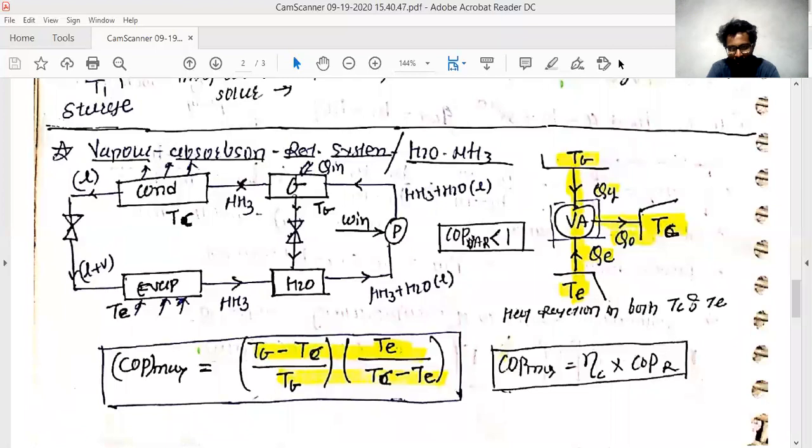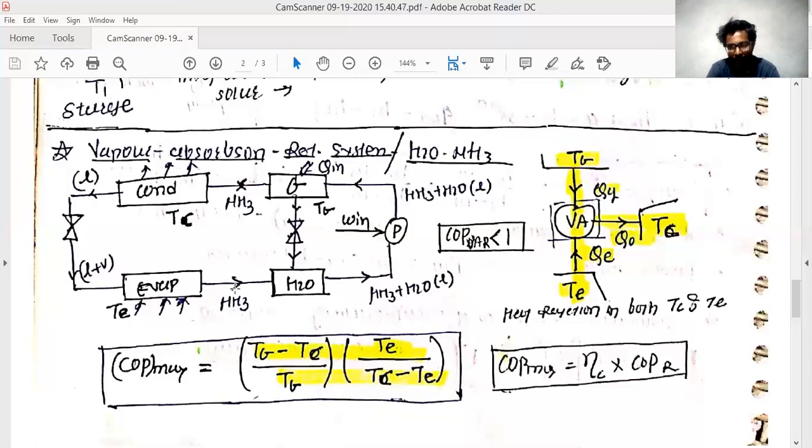just keep in mind, it has two separate sections. The first section is for the TG, and the second section is for the TE, and the portion TC gets reduced from it. If you want to remember it this way, TG minus TC is the first, divided by TG, and secondly, TE divided by TC minus TE. So in this way you can remember it.